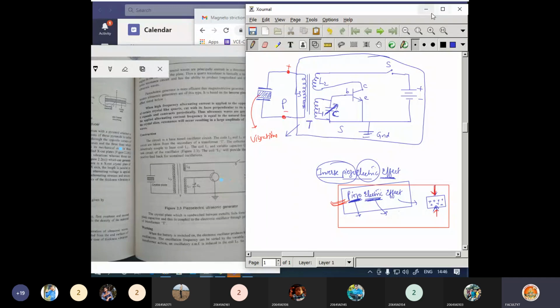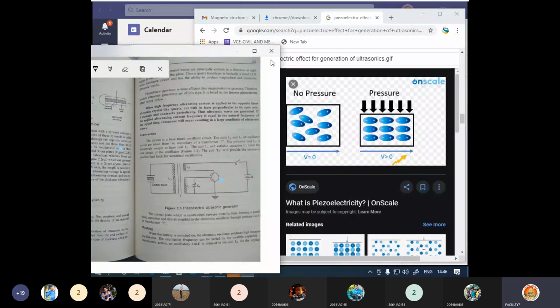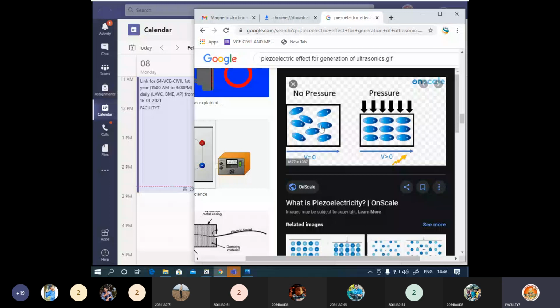Okay, let me go with some. Okay, now let us go here. So this is a crystal without pressure. Okay, without pressure, what we are saying, there will be no electric field generated. But as you are applying the pressure, okay, so అంటే ఇది బాటంలో మీకు సపోర్ట్ ఉందనుకోండి, బాటంలో సపోర్ట్ ఉంది. ఓకే, సో ఇటు నుంచి అప్లై చేసినప్పుడు బాటం నుంచి కూడా సపోర్ట్ నుంచి మీకు ప్రెషర్ అప్లై అవుతుంది.